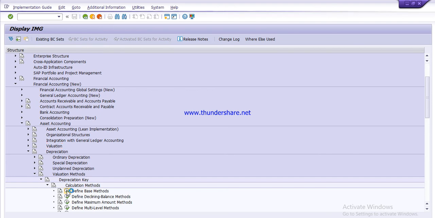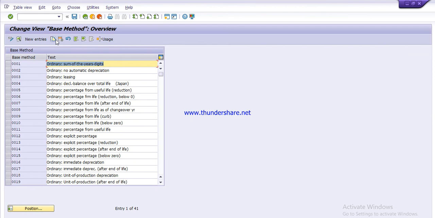First one, define base method. We will use 0011, which is a standard predefined base method given by SAP, ordinary percentage for useful life. You have to remember this number, which will be used at the time of maintaining the depreciation key. Back.